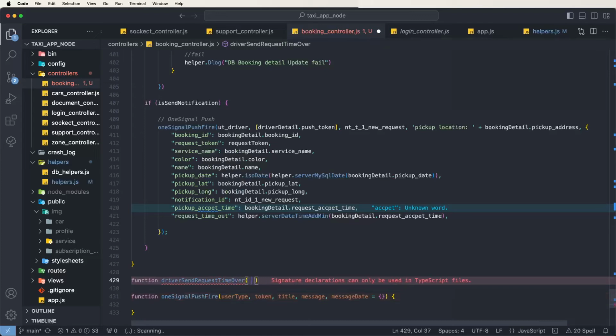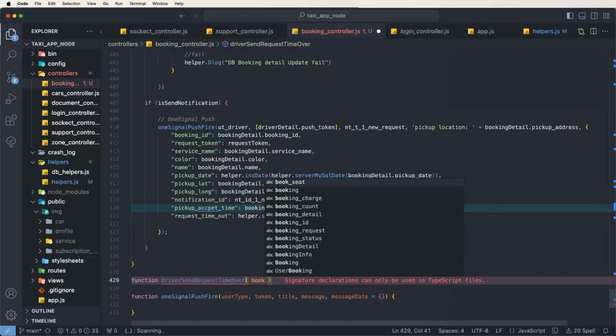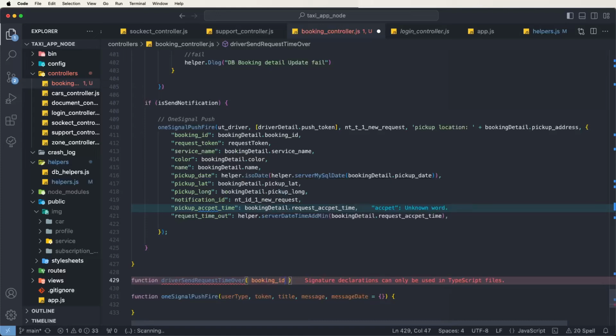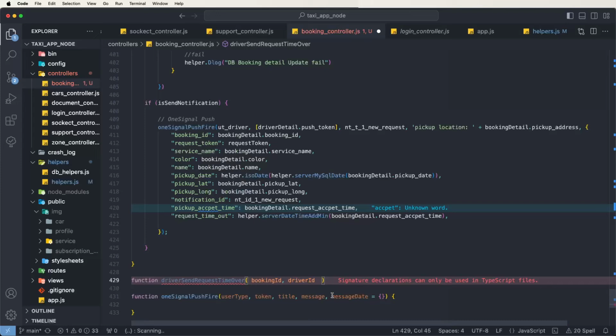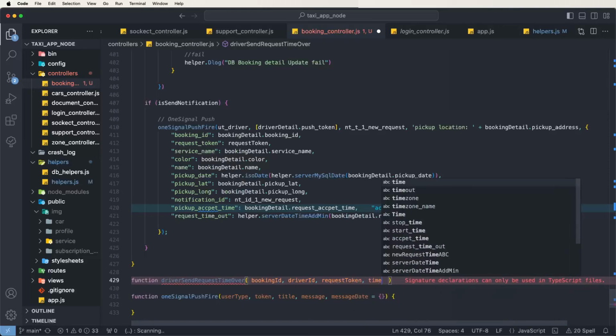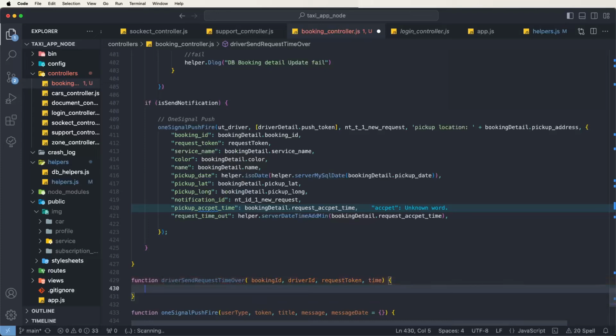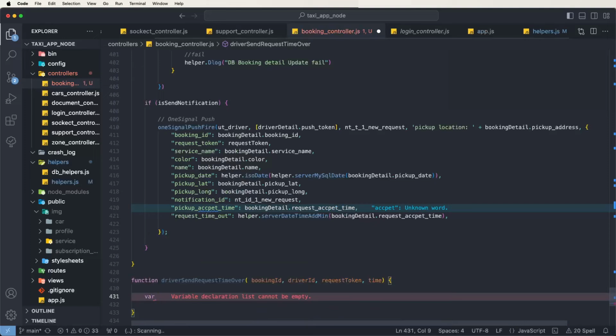First of all, need to give here the booking details dot booking ID. We need to get this booking ID, and need here the driver ID, and also need here the request tokens, and to set here the times. How many times we need to set here for this request. Now need to write down here the one time